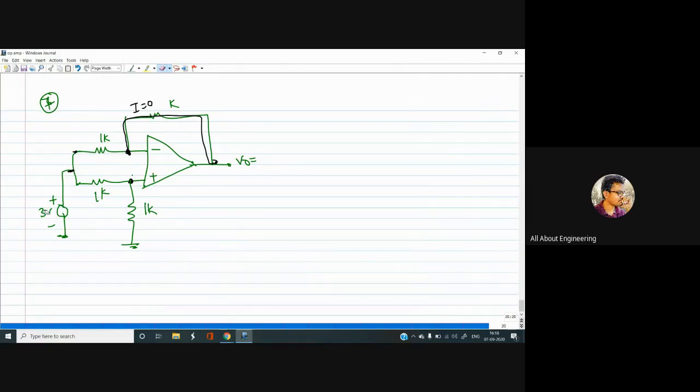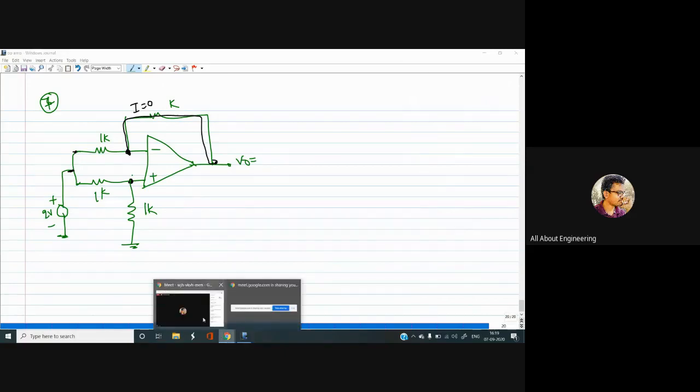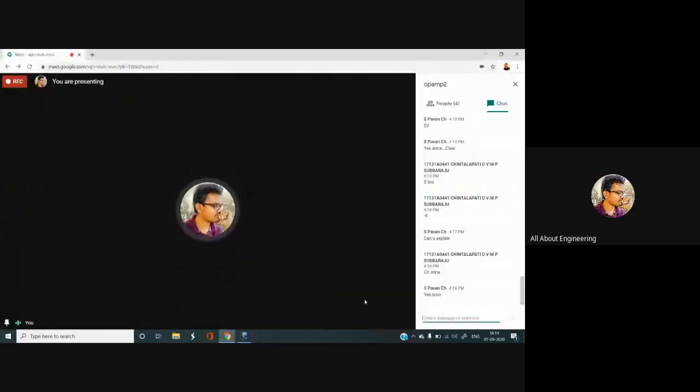So you take this as 2 volts. The calculation will become easy. Just for calculation easy, because it is a voltage divider circuit, right? Just take 2 volts as your answer. I just added one more resistance that is 1K. So you tell me how now the circuit will change.